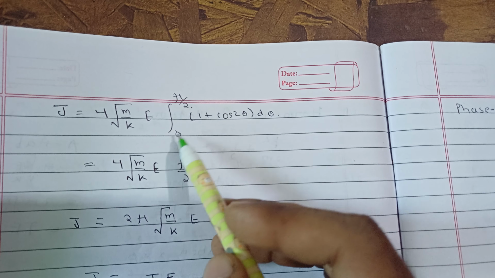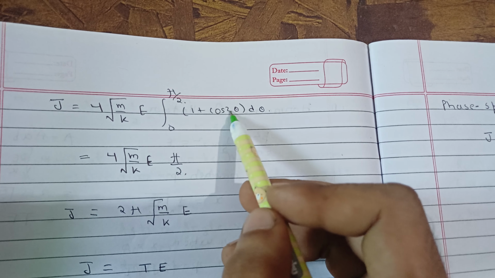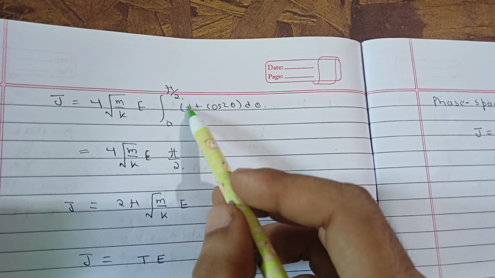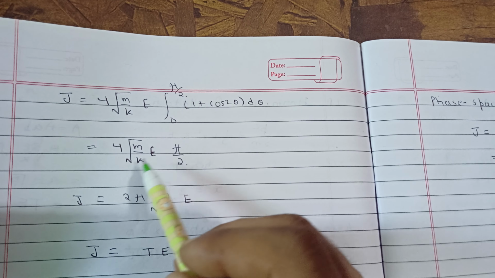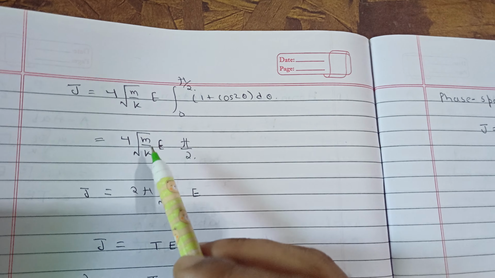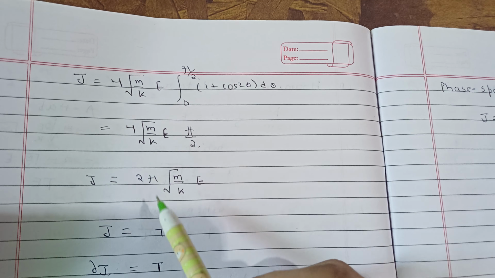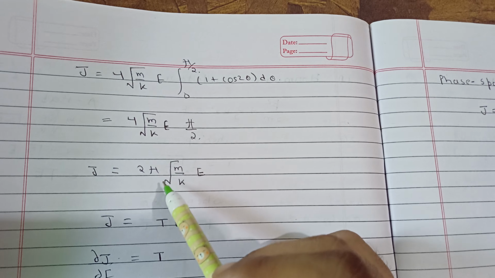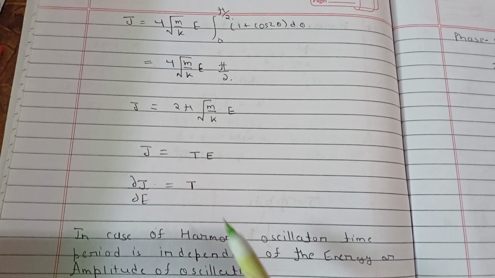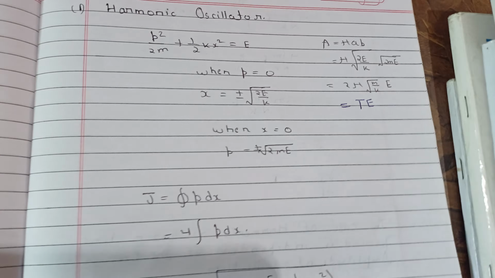Now you can solve this. When you integrate this, it will be sine 2 theta divided by 2. So that will come out to be 0 for these limits. So you will get only theta here, and theta will give you pi by 2 minus 0. So it will be pi by 2 from here. Now see, this is again under root m by k, so you can cancel this out. So it will be 2 pi under root m by k into e. So 2 pi under root m by k is nothing but T, the time period, and e. So you are getting the J, or action angle variable, the same as you got here, T e.